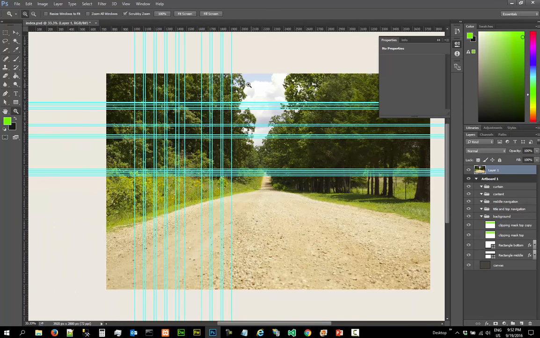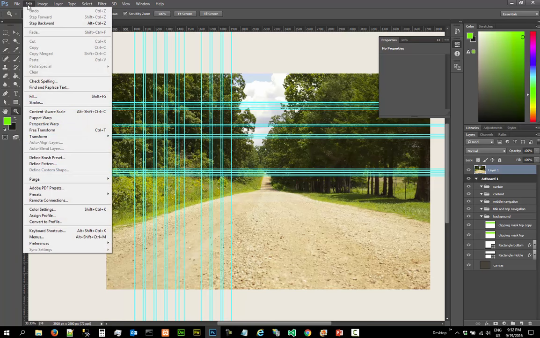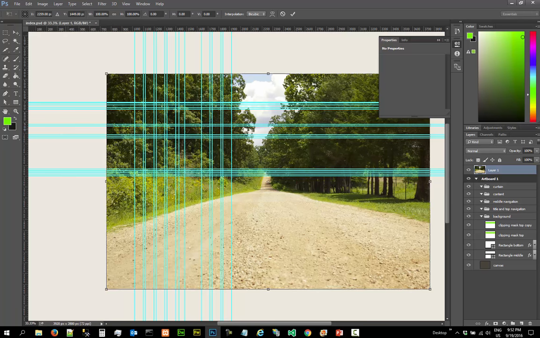And I need to resize this to something that can fit into here. So select this and do an edit, free transform. When you resize this, make sure you press the shift key